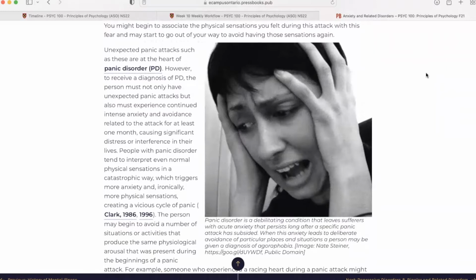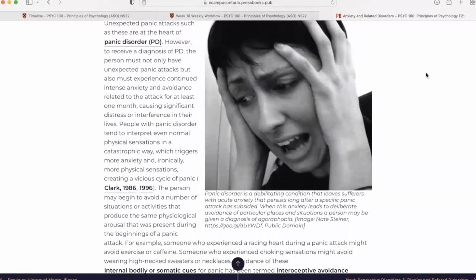Unexpected panic attacks, such as these, are at the heart of panic disorder. However, to receive a diagnosis of panic disorder, the person must not only have unexpected panic attacks, but must also experience continued intense anxiety and avoidance related to the attack for at least 1 month, causing significant distress or interference